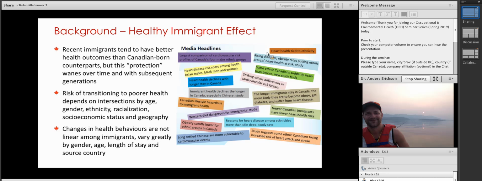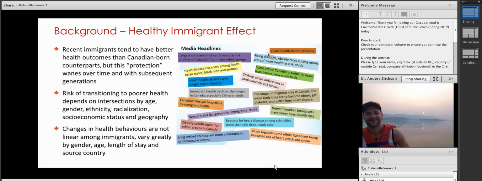A lot of it likely has to do with the selection process of immigrants coming into Canada. They are screened heavily. They have high social capital as well as high skills and high education levels, and these characteristics seem to translate well with having better health, at least initially, when they move to Canada. This seems to be a little stronger with mortality. When you look just at mortality and immigration, that seems to be the strongest indicator.